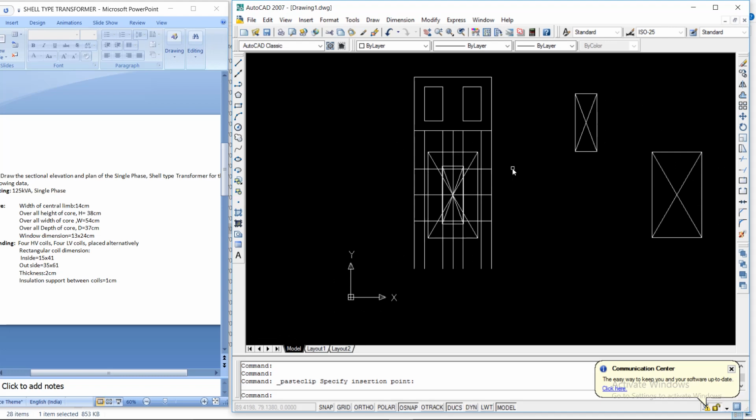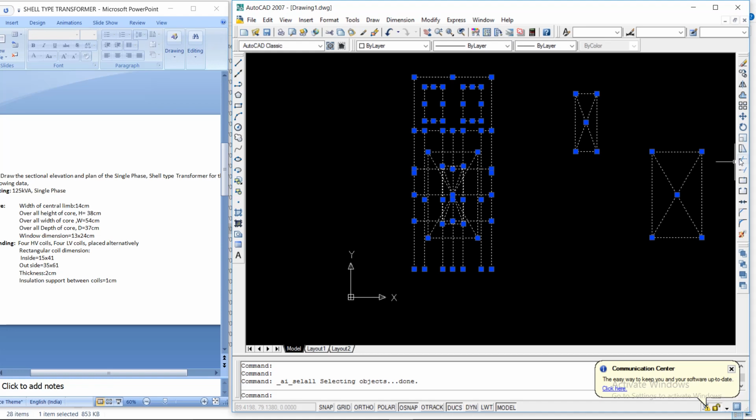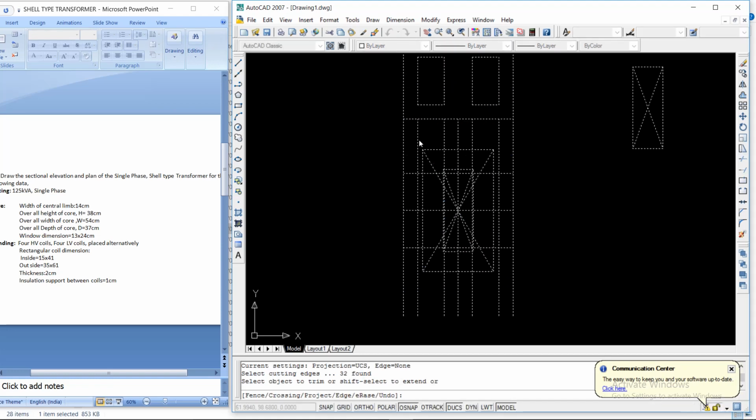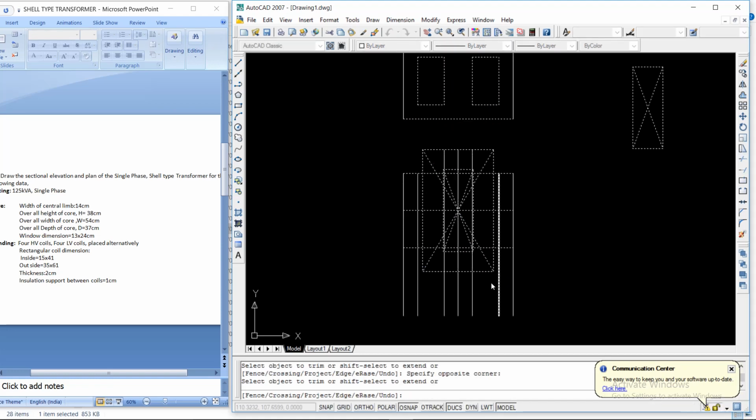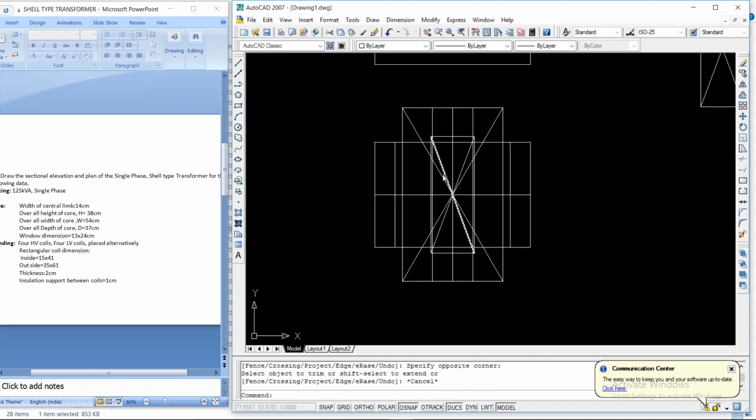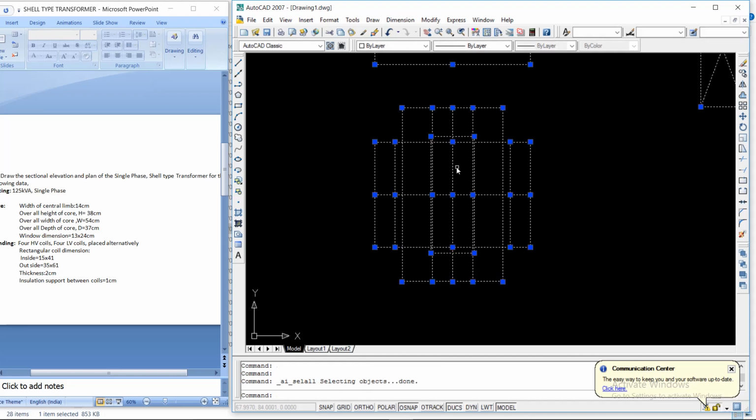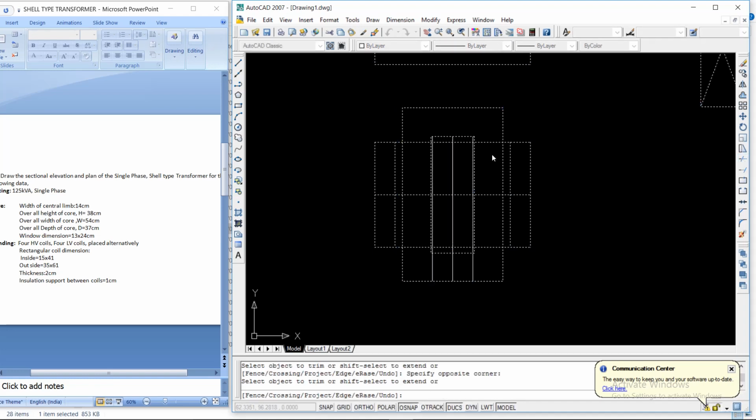Now select Control A, trim these portions. These cross lines you can delete. Select this, delete these cross lines, Control A, delete this portion.